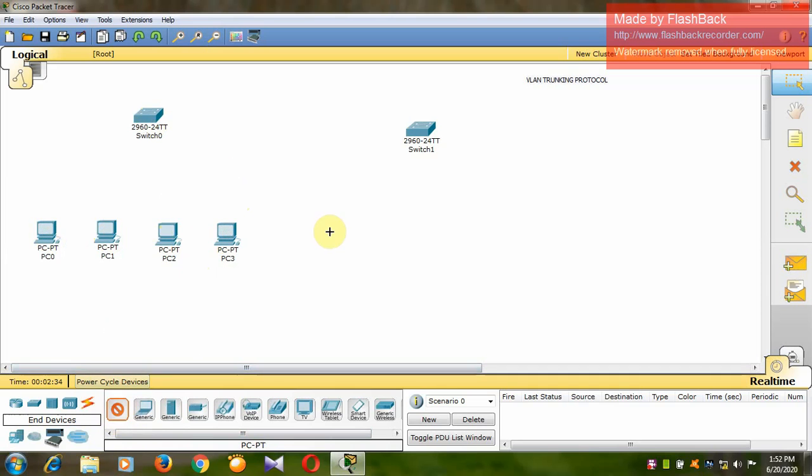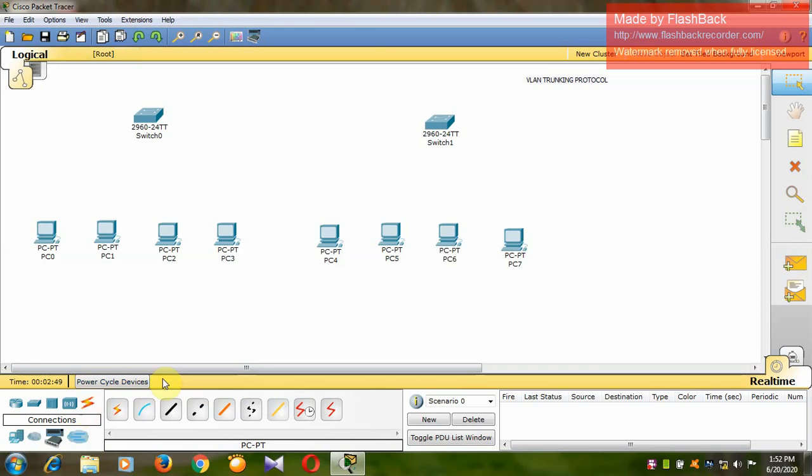Similarly, I'm going to take four devices. Let me connect these devices together. For that I'm going to take a straight through cable.